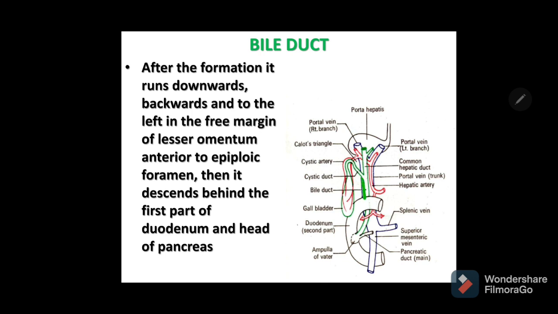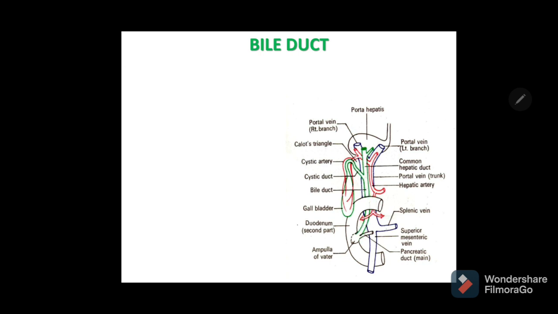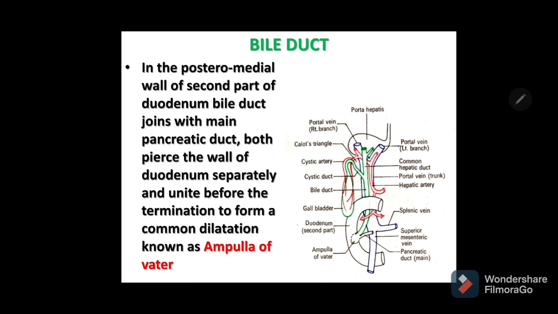Common bile duct runs downwards and backwards towards left, running in the free margin of the lesser omentum above the duodenum. Then it goes behind the first part of the duodenum, then behind the head of the pancreas. Its course is similar to the course of the portal vein. So the course of the common bile duct can be divided into three parts. And in the posteromedial wall of the second part of the duodenum, the bile duct joins with the main pancreatic duct here. Both pierce the duodenal wall separately and unite before termination to form a common dilatation known as the ampulla